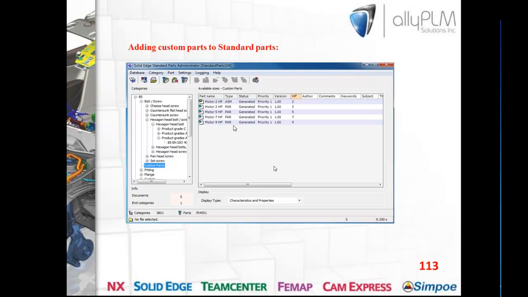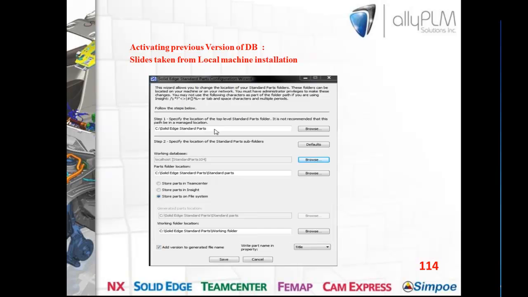And this list will have all my custom parts. You'll notice here I have one assembly. You can also have assemblies inside this custom part folder. All right, so